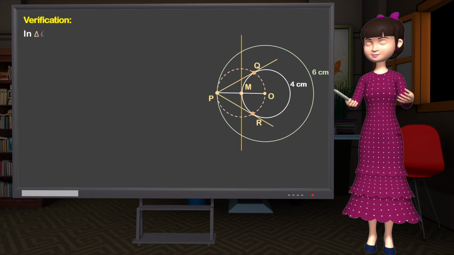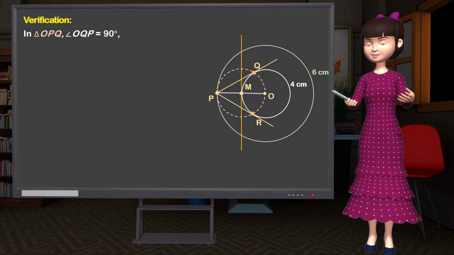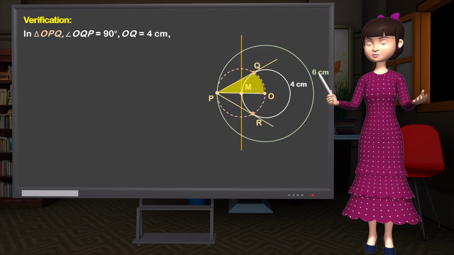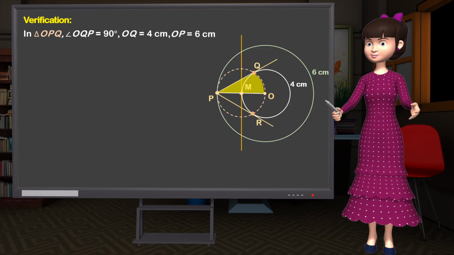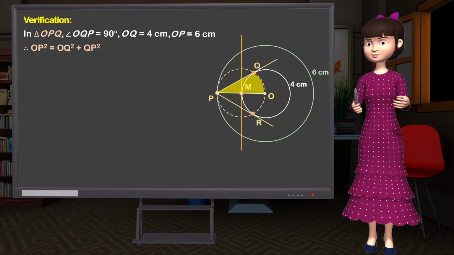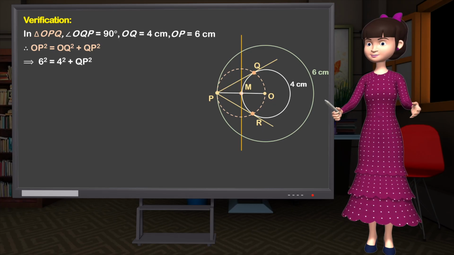Verification. In triangle OPQ, angle OQP is equal to 90 degrees. OQ is equal to 4 centimeters. OP is equal to 6 centimeters. Therefore, OP square is equal to OQ square plus QP square, which implies 6 square is equal to 4 square